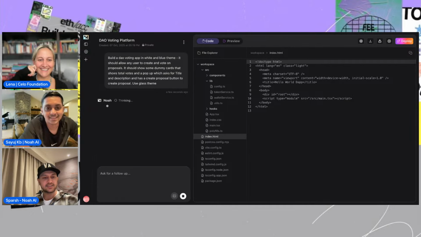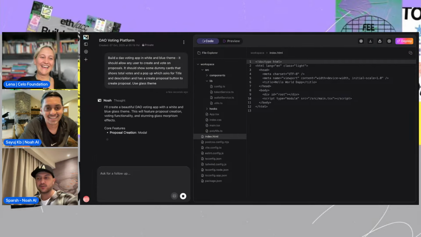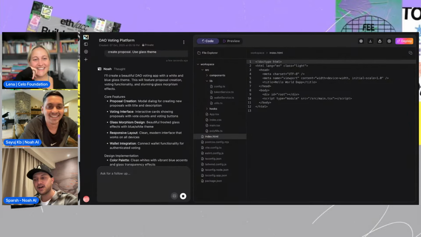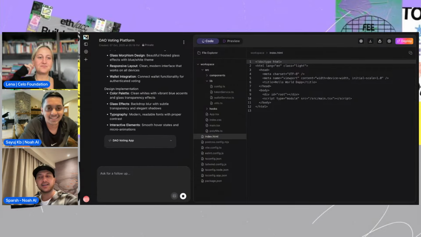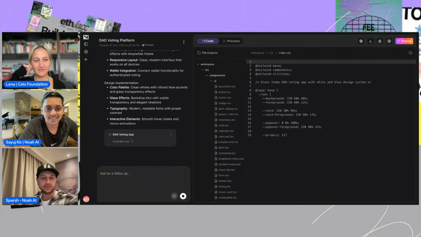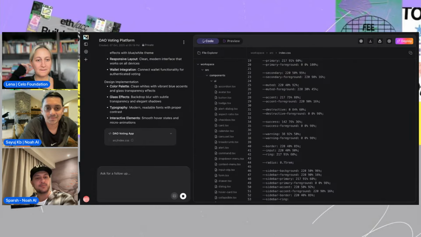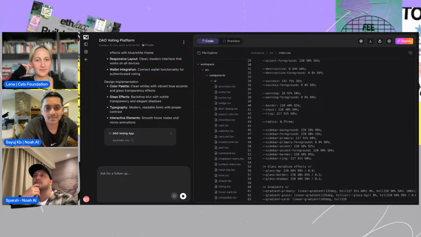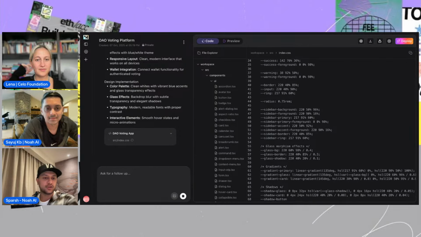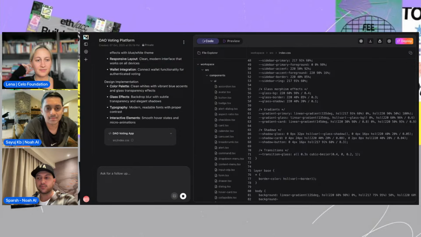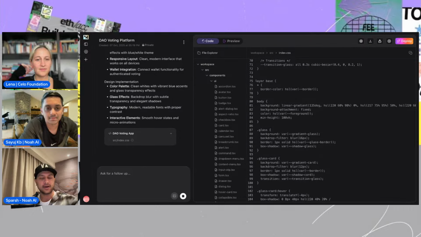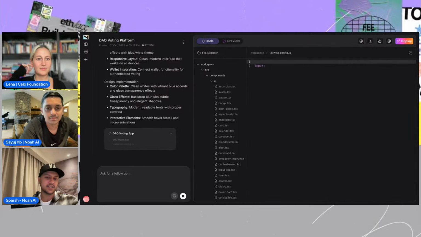I actually learned this the hard way when Serge was building much better applications than me. He told me what he was doing was going to ChatGPT and sharing the prompt with ChatGPT, telling it exactly what he should build. Once you have the exact details of what you want in the product, it could actually create a prompt for you, and then you can use it on NoAI or any other tool to build the same application.